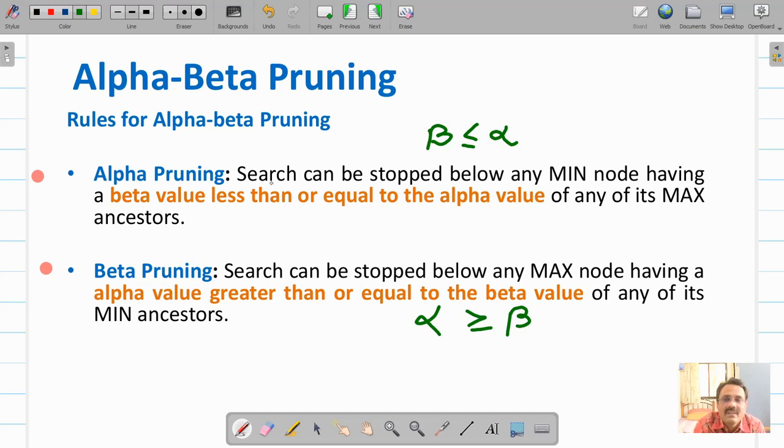Therefore alpha pruning is done below a min node if beta is less than or equal to alpha, and beta pruning is done below a max node if alpha is greater than or equal to beta.